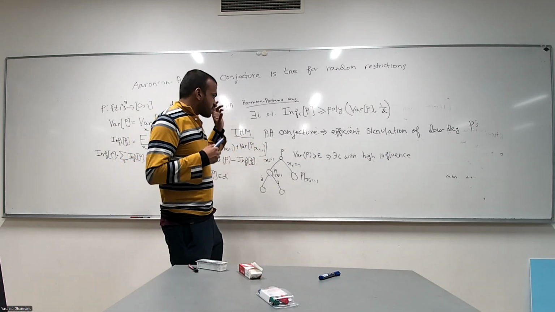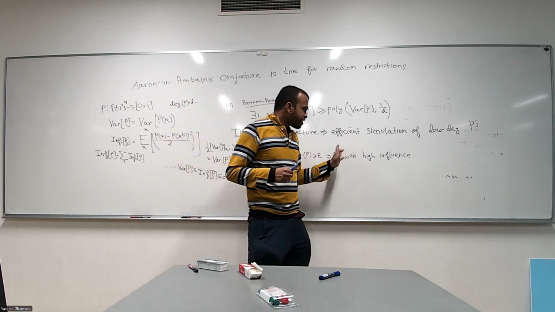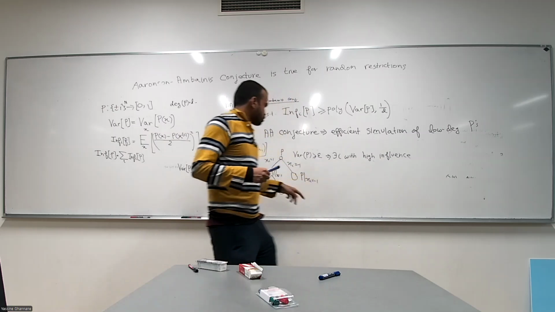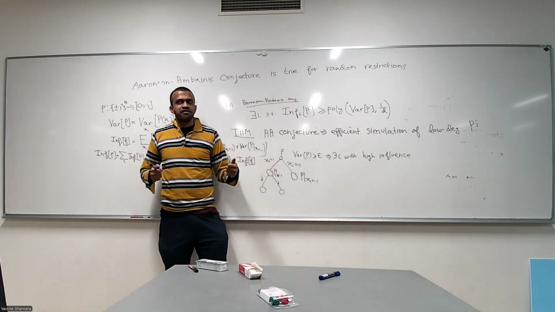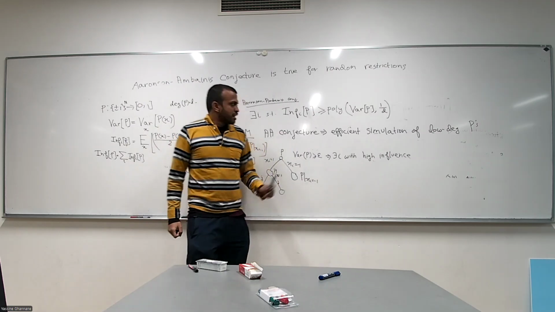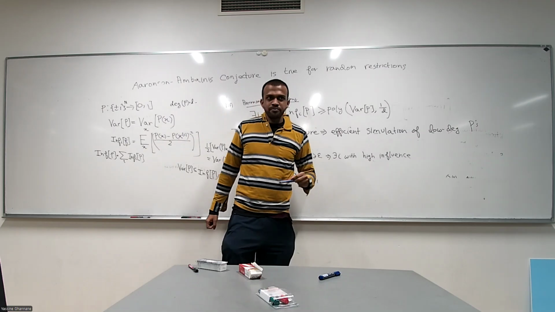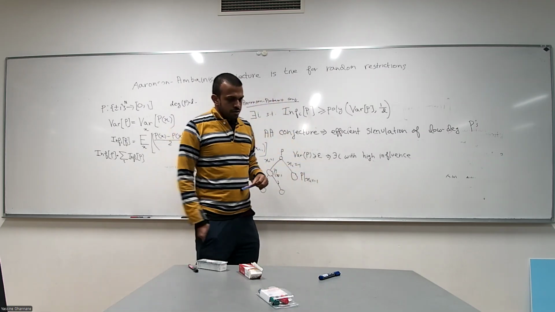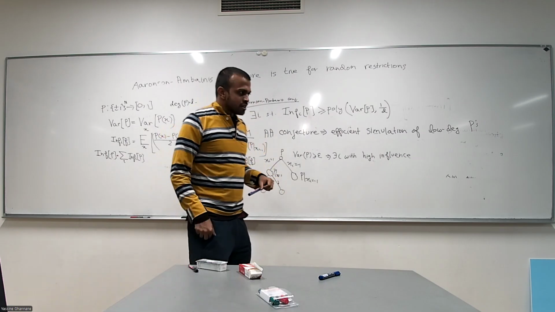But the key here was that whenever the variance is high, we are guaranteed to find a coordinate with high influence, so that the average variance of the next two nodes is significantly less than the current variance. And that was the key. To prove that key, we will need to prove the Aaronson-Ambainis conjecture. I think my first half is about to end. I'll just state my result.